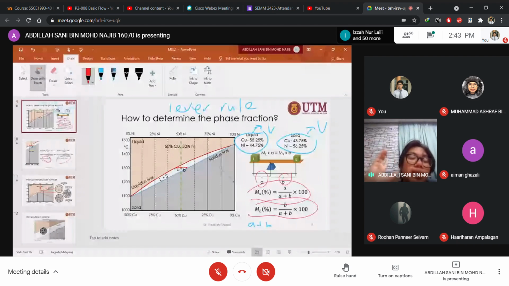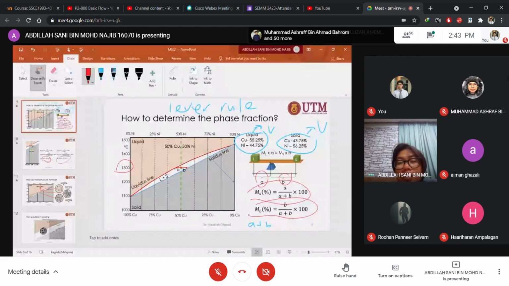We know that the substance exists in the form of solid and liquid, and using the level rule, we know how many percentage of liquid and how many percentage of solid. Okay, that is by referring to this